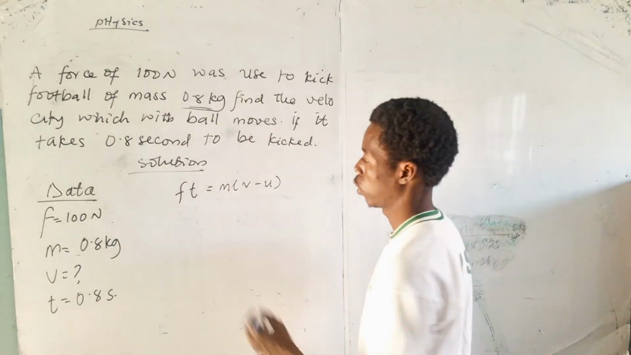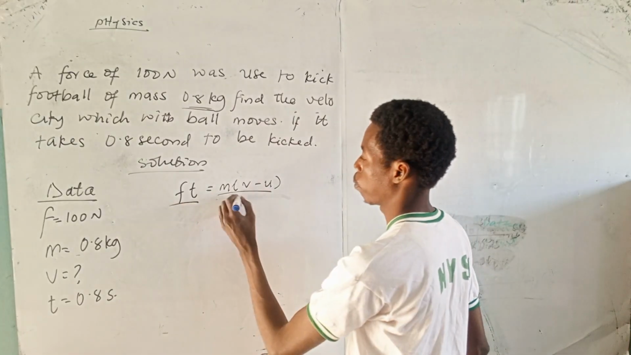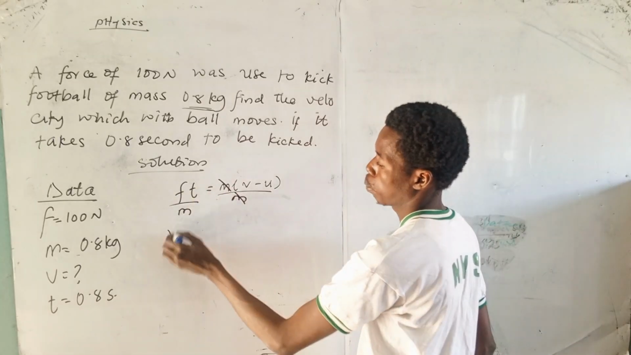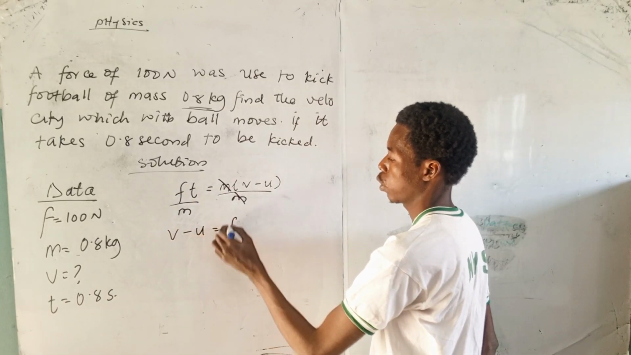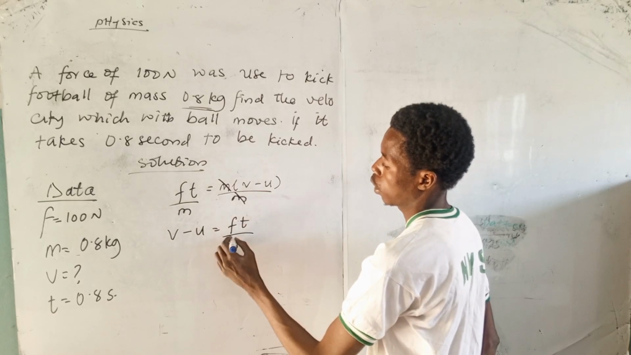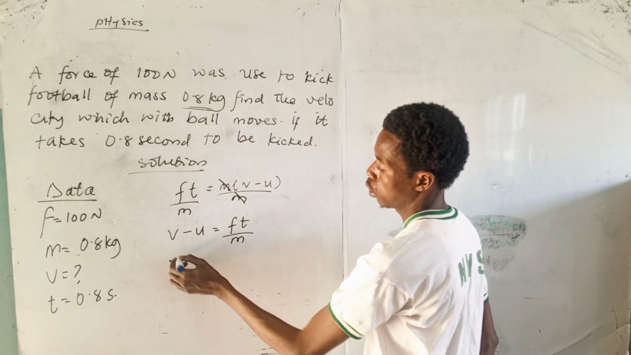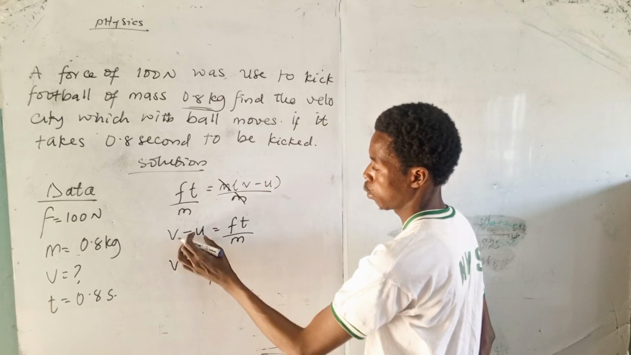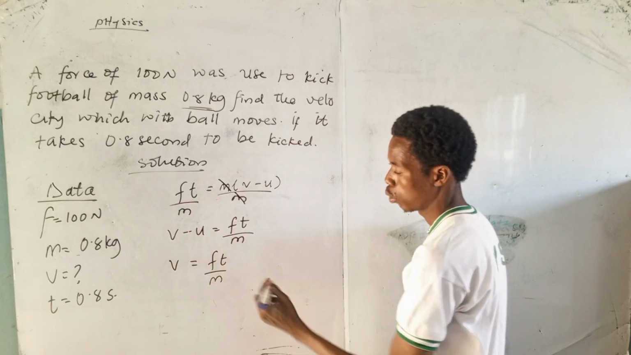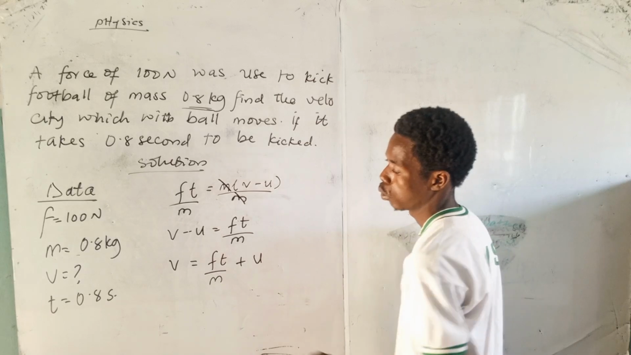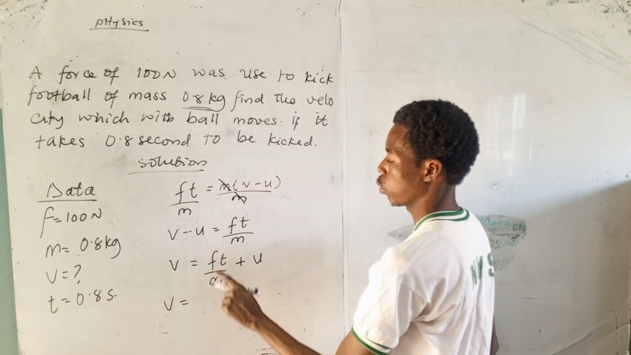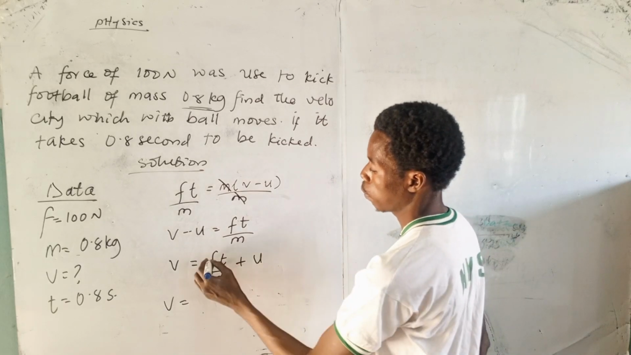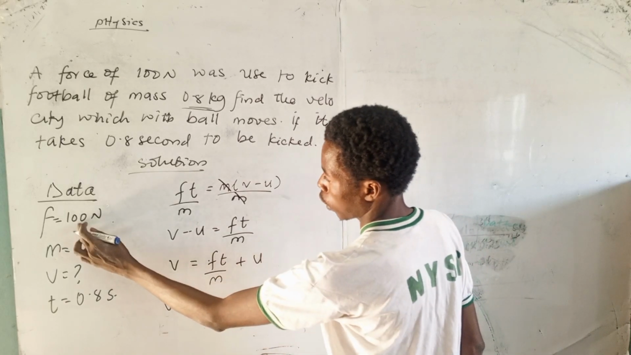So let's make v the subject. Let's divide through by m. m cancels m, then we have v minus u equals Ft divided by m. v equals Ft divided by m. If you take this minus u to this side, you have plus u. Now v, the final velocity, equals Ft divided by m plus u,